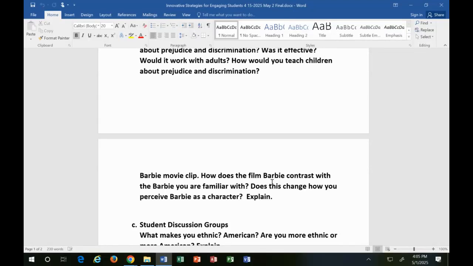So I showed two little segments. A lot of them saw the movie already. Actually, I have a peer mentor here, like a teaching assistant, and it was her idea to do Barbie, because she just saw the movie. So I get some insights from peer mentors. In fact, with Kahoot, my first peer mentor said, we should do that. And I said, how does it work? And I've been doing it ever since.